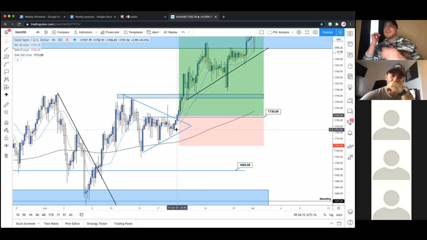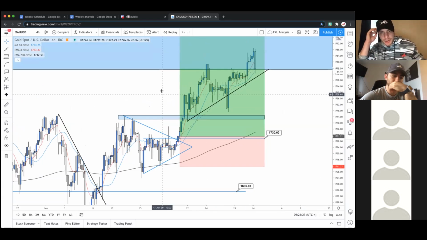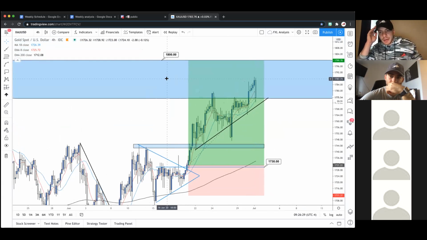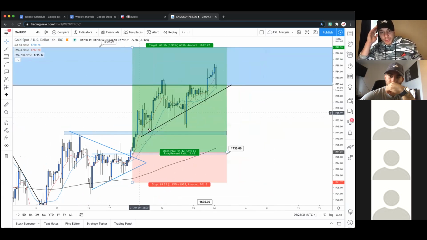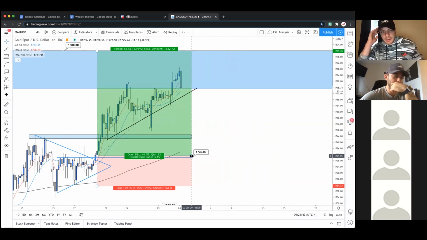We got the MA cross. We have a bullish variation, the asymmetrical triangle broke, and then there was a great entry in here. And then we were obviously targeting towards 1800, which we've been talking about for quite a long time. It's a key area, key target for us. And we're getting there. We're forming pretty good structure. It's kind of just trending right now. Getting these higher highs, these higher lows, just kind of making its way, and we're definitely gonna get there.